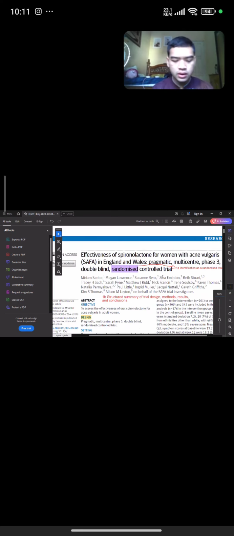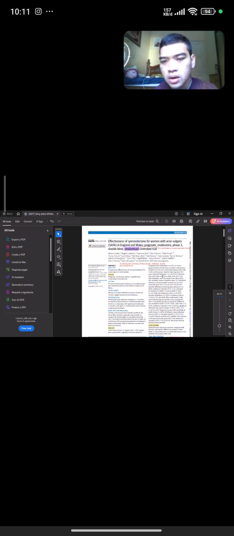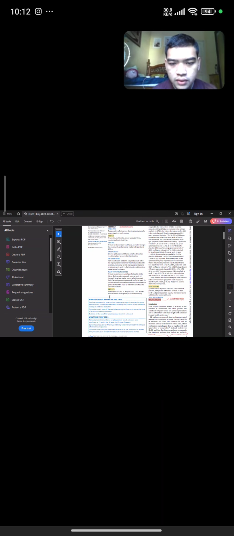The first one, identification as a randomized trial and control trial. There is a randomized control trial in the title, and 1B is a structured summary of trial design, methods, results, and conclusions. The design is a pragmatic multicenter phase 3 double-blind randomized control trial, and the result from 5 June 2018 to 31 August 2021,